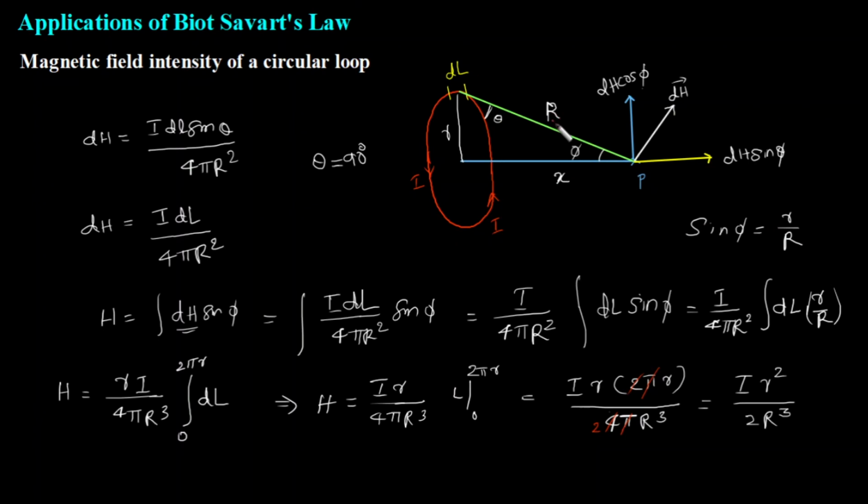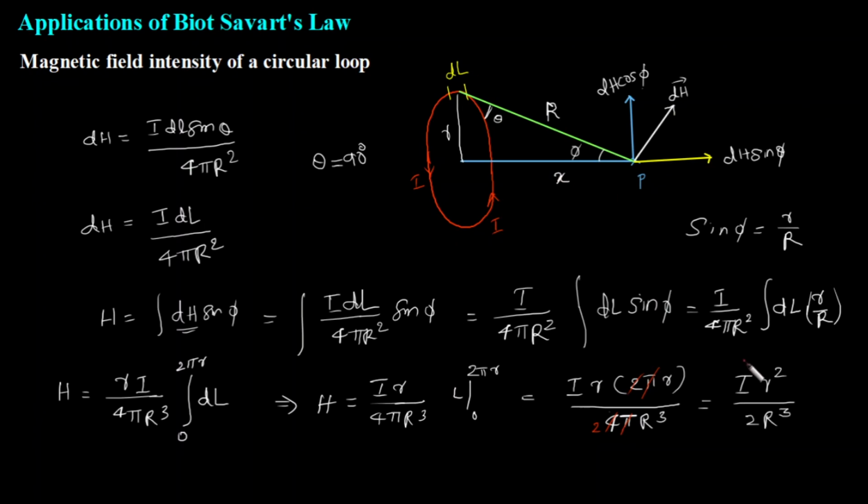Now again from the triangle, from this imaginary triangle, you can write an expression for R in terms of x and r. That is because my intention is to find the magnetic field intensity of a circular loop on axis only. So this point P is always lying on the axis. We have kept x, r and R as constant, but this r will be constant, and this x can easily vary, right? This point P can be anywhere on the axis, so this x can easily vary.